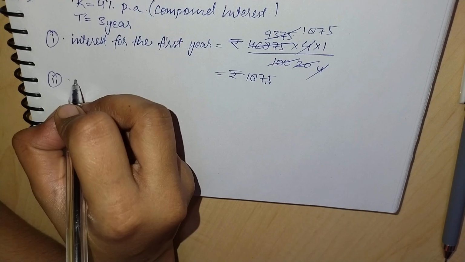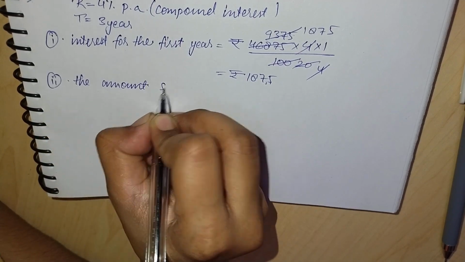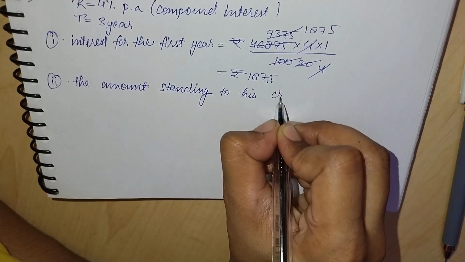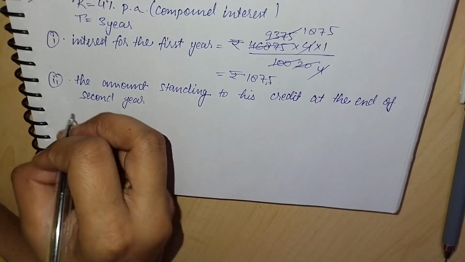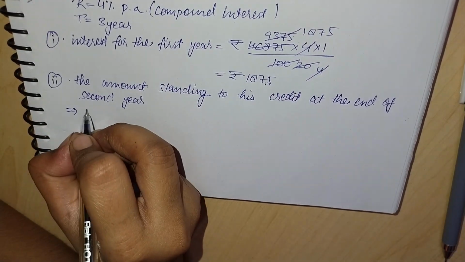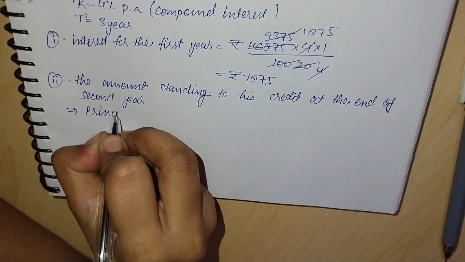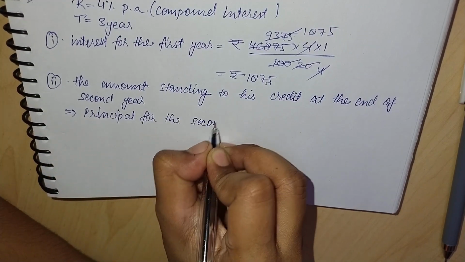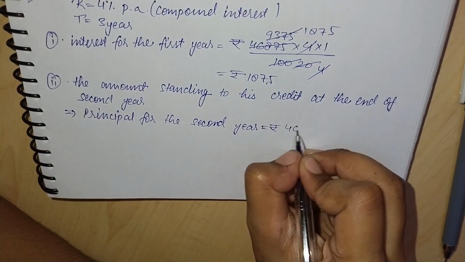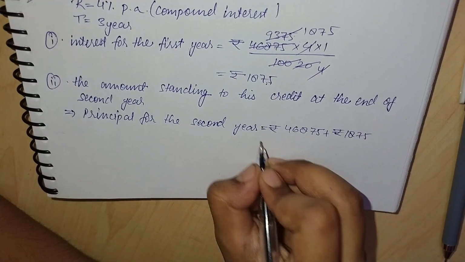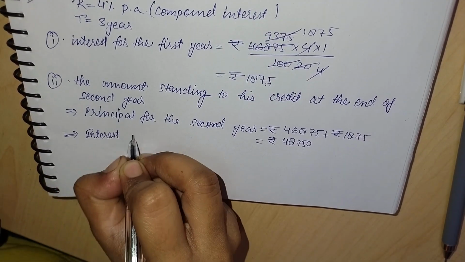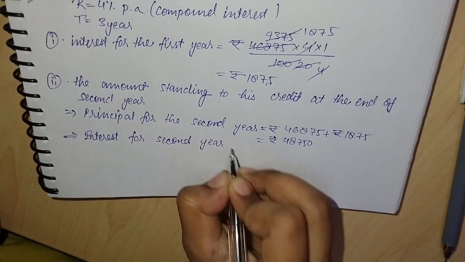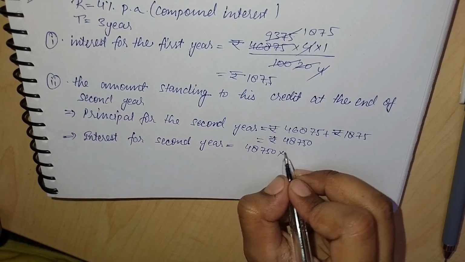Now we will find the amount after first year so that we can put it as the principal value for the second year. So we will add 46,875 plus 1,875 for the principal value of second year, equal to rupees 48,750. Interest for second year now equal to